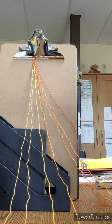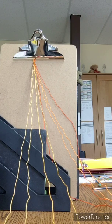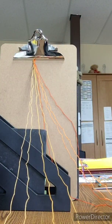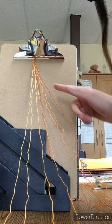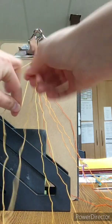So what we're gonna do is I separated them all. This is gonna be kind of tricky for me. Usually I like to do this over my lap or something, but I gotta stand up. So I got all my strings separated, and you can put them in whatever order you want the stripes to be, okay? So I'm gonna take my first string and the string beside it, and I'm gonna make the 4,